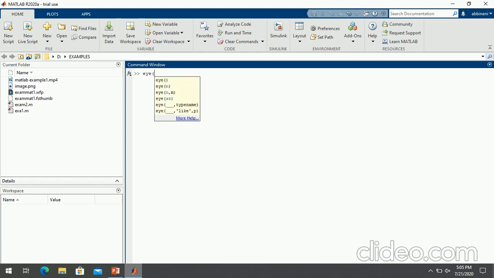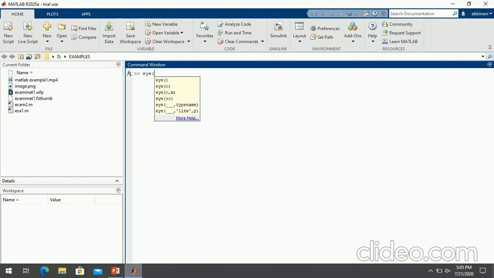MATLAB is case sensitive, so we mostly use small letters for our functions. Whenever I give this function, I can give different types of inputs: either a single input or two inputs, the size of the matrix, or other things. We will see one by one.